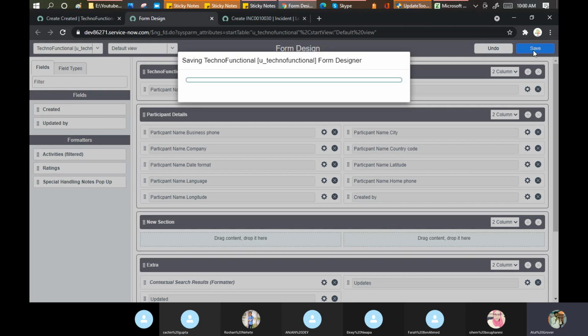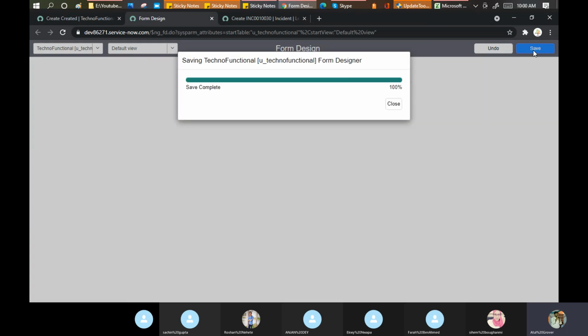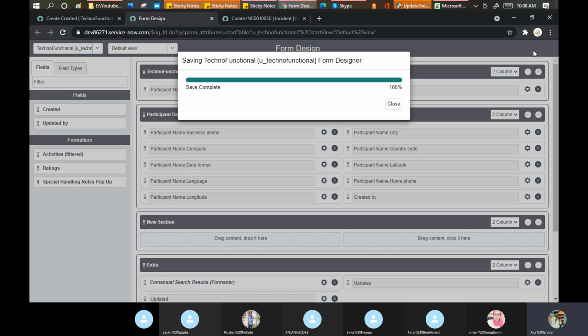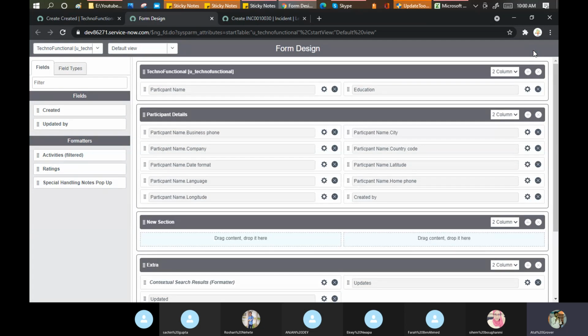Just one thing to remember here, these are global changes, these are not personalized changes. Always remember, if you make any change at the form view or form level, it will impact and be visible to all the users, not only one user. So that is the only thing you have to take care of.